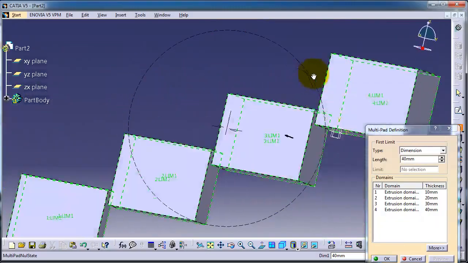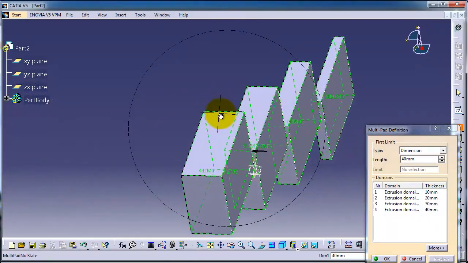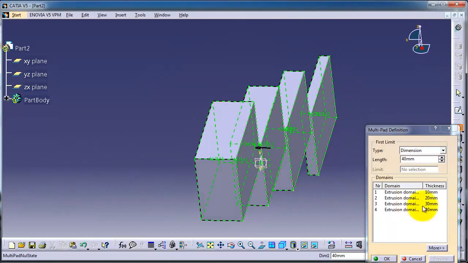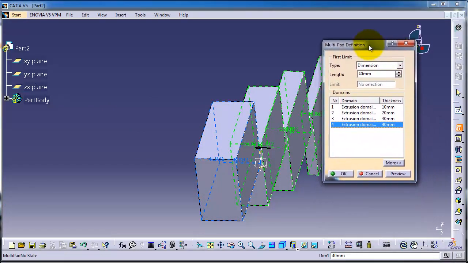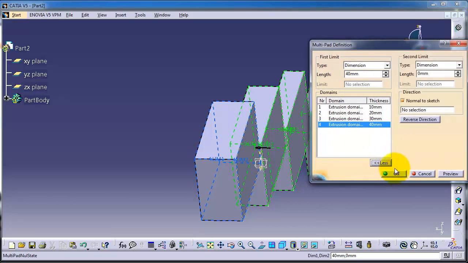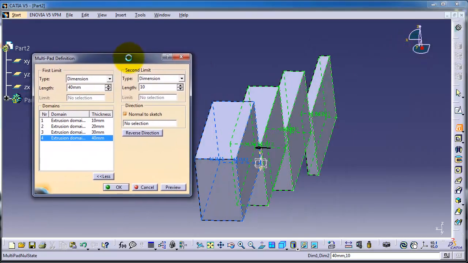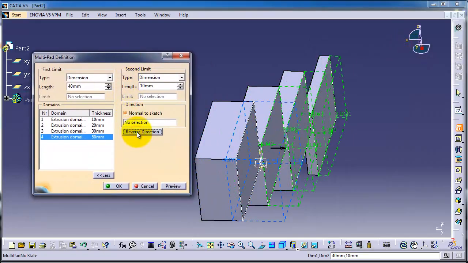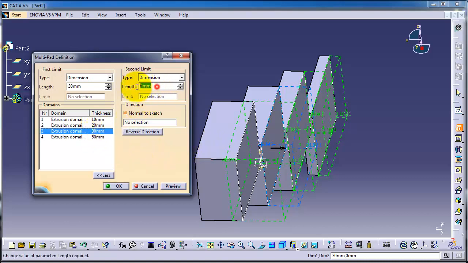and what you can do also, we can extrude on the other side. Let's choose one of the profiles, click more, so you have the second limit. You can make it, for example, 10 millimeter. You can click on reverse direction, so we can go to the second one. We can make it 20 millimeter,